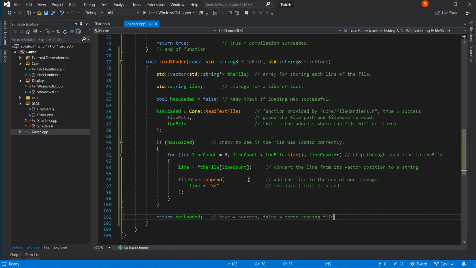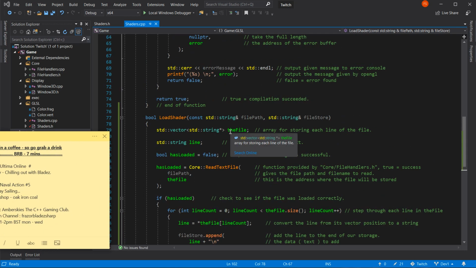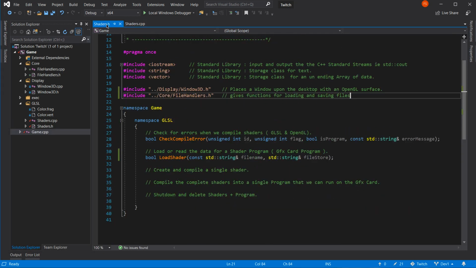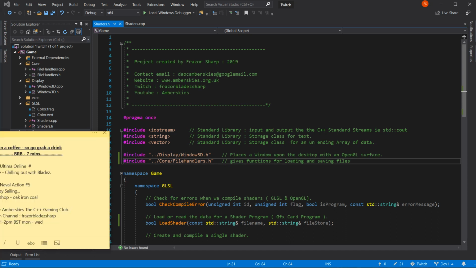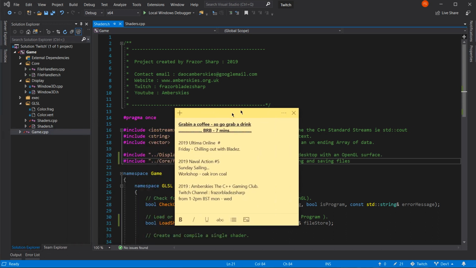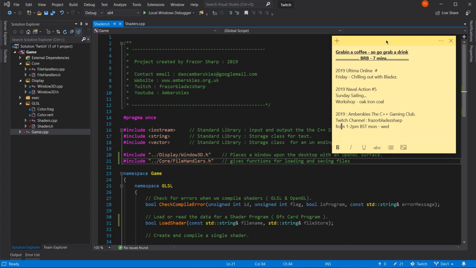Okay, I really do have cats bothering me now. I've got one clawing at me. So I'm going to go and make myself that cup of coffee that I'm promising myself. Let's just pop that to shaders. There we go. There we go, that'll do. Right, just give us a few minutes. I'll go and make myself a cup of coffee and sort these cats out.